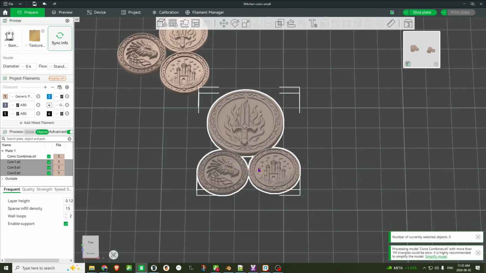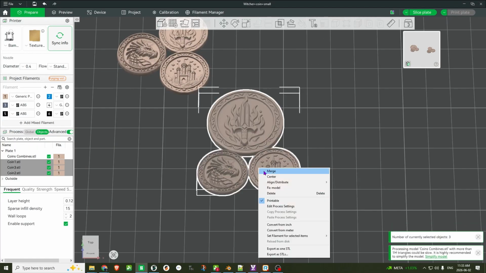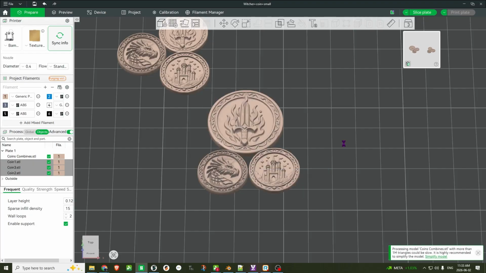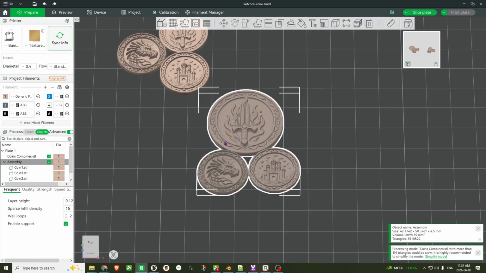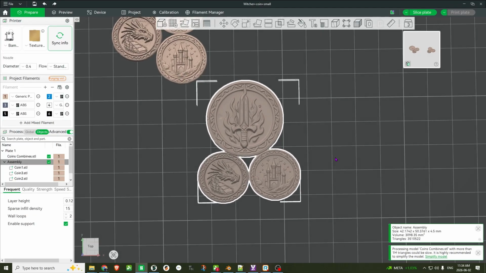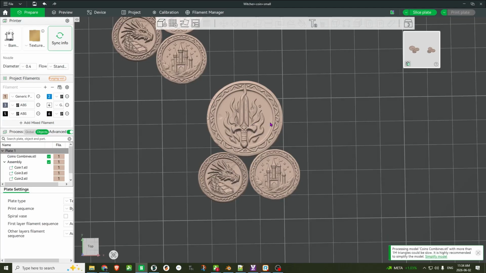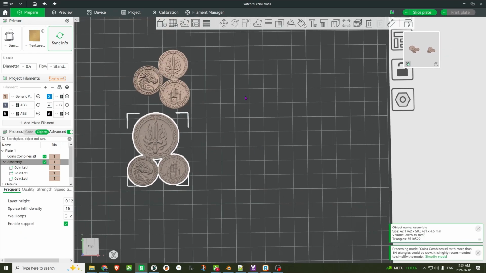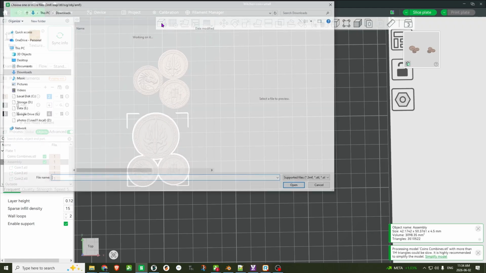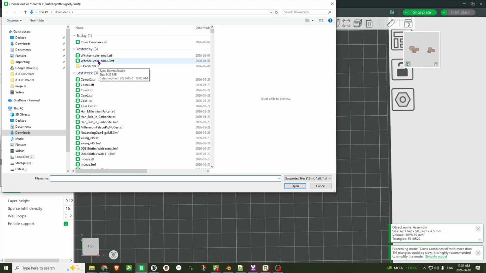And again, hold the control keys, right click and merge. And then I can say export as one STL. And so this is a way that you could manipulate and manage STL files for your purposes, depending on your project and need. The other thing that you can do with something like Bambu Studio or the other slicers is I can add,